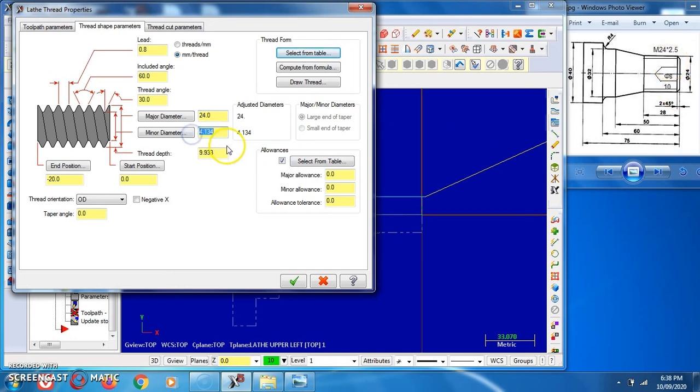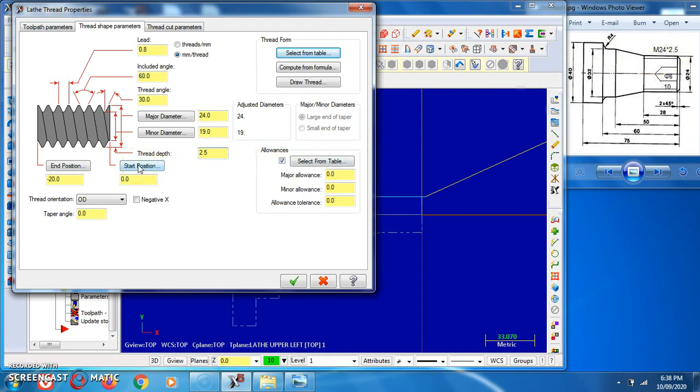So here we put the minor diameter as 24 minus 2.5, that is 21.5. So now we are getting 1.25 mm from both the sides, but here we require 2.5 mm. So here we have to use 19. Total 5 mm we have to reduce, so 2.5 mm on both sides.